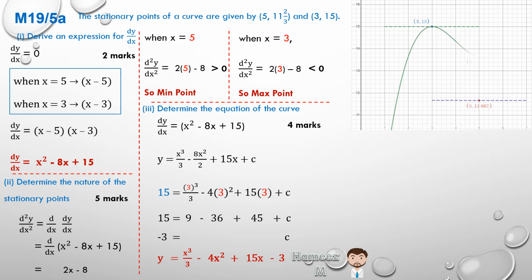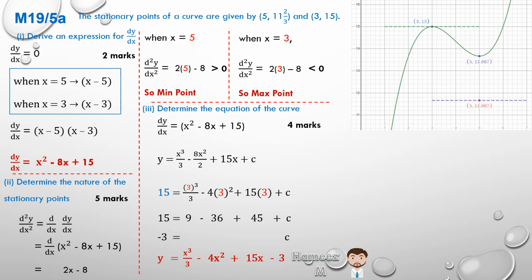And we can bring up that curve in green there so you can see that it hits at (3, 15). That's the maximum point, and so forth. But there's a mistake in this question because the curve at this minimum point doesn't actually cut (5, 11 and